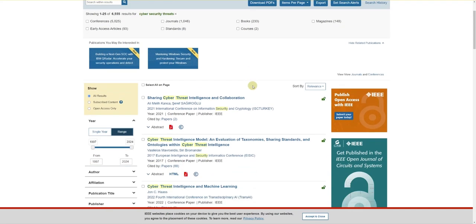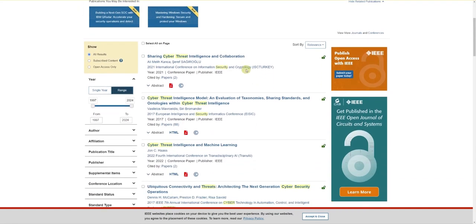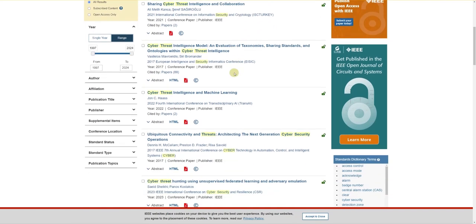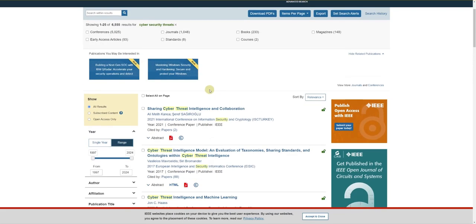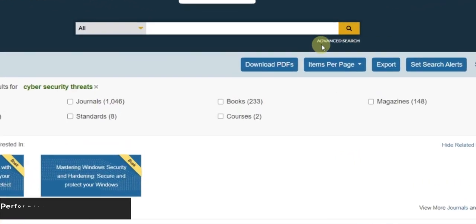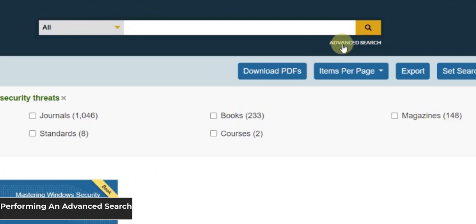This gets us a little bit closer to what we're looking for, but again, that was just a free search. It's not going to be exactly what we're looking for, right? We're looking kind of for general cybersecurity threats, things to be aware of. So we're actually able to narrow this down a little bit. I recommend going to the advanced search,